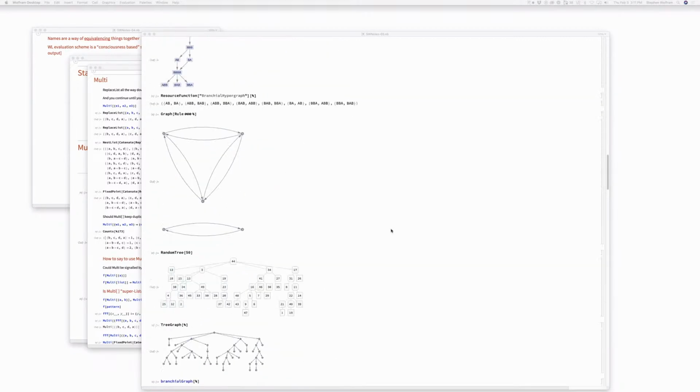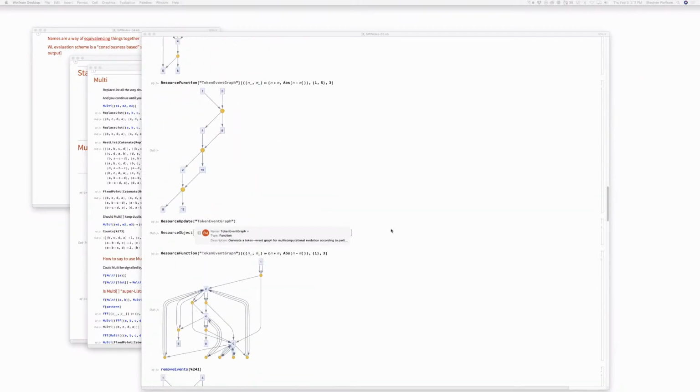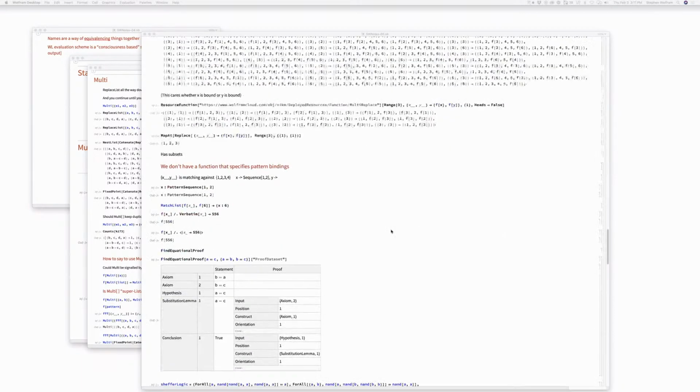So I'd like to remember where we had gotten to last time. We were talking about, okay, so Nick had been showing multi-replace, but I think what we realize is that